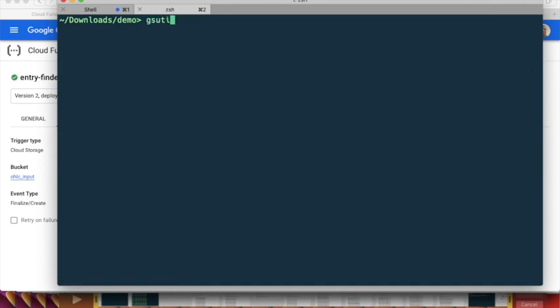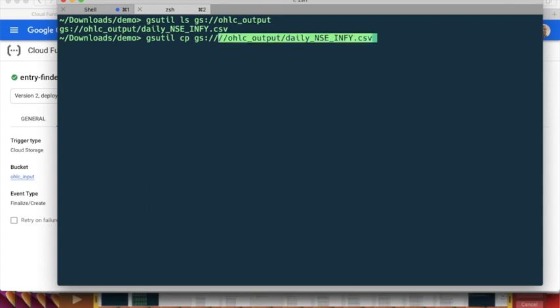We can use the same gsutil for listing the files. This time we are going to look for the OHLC output folder. Yeah, so we got this file. So let us transfer this file to our local machine. I'm going to copy the file from Google Cloud Storage to my current folder. If I do it, it will overwrite the existing one. So let me call it